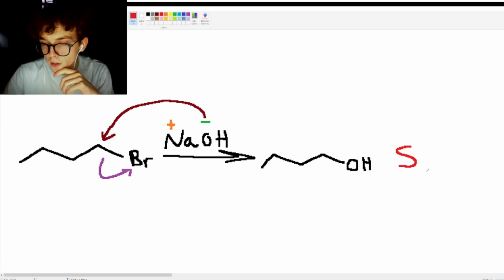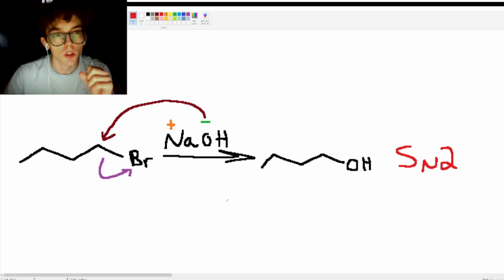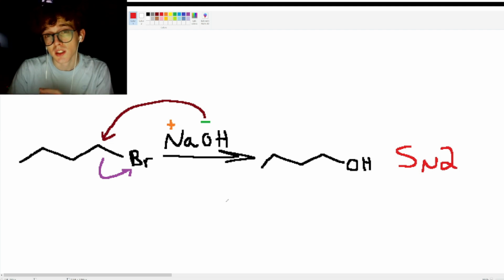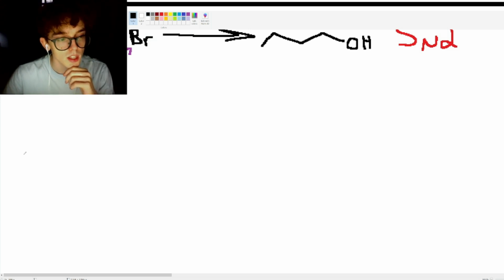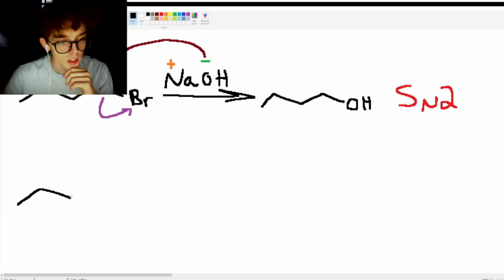Hopefully you remember that from Organic Chemistry 1. If you didn't, it's perfectly okay. We're just going to lay our foundation work. You've probably only covered synthesis strategies and radicals up to this point. So maybe these old reactions are a little bit old to you and you need a little reminder, and that's perfectly okay. Next, I want to move on to SN1, kind of like SN2, but instead of occurring all in one step,